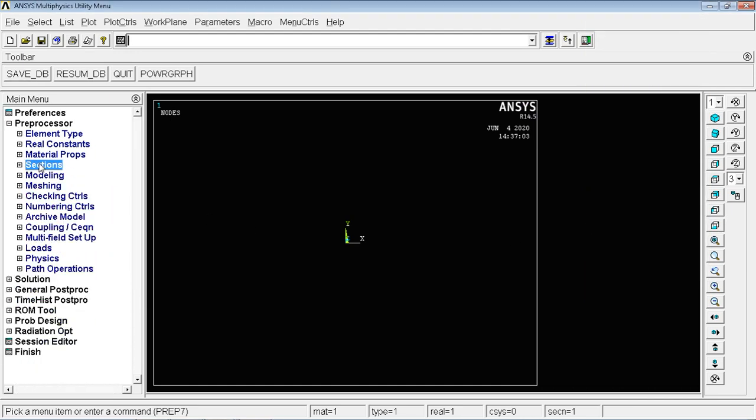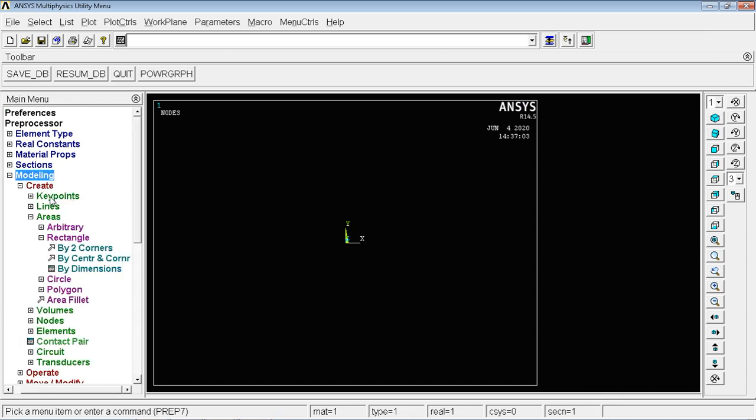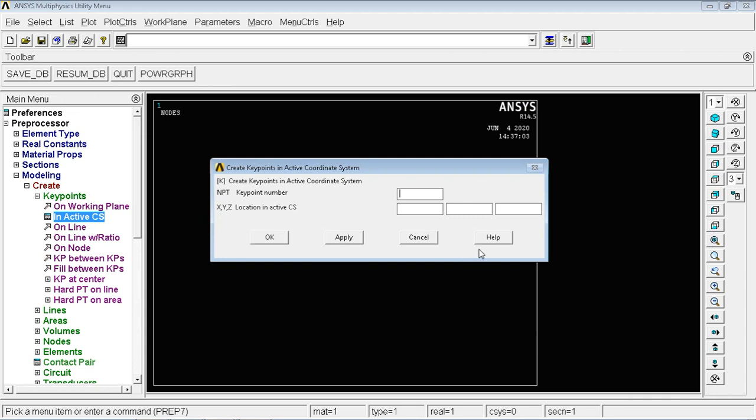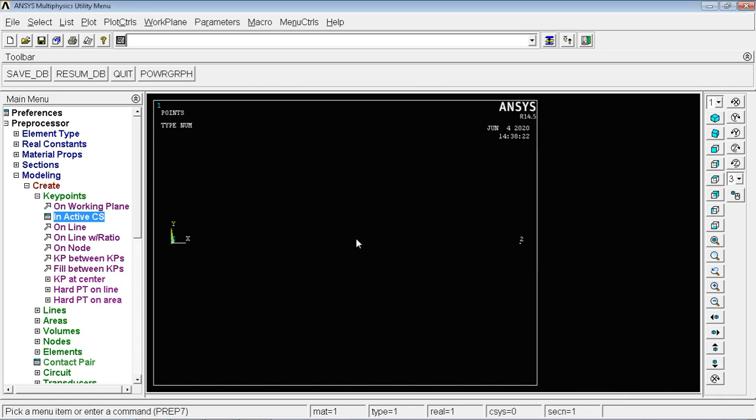Next, I'll minimize sections. Next, I'll go for modeling, create key points in active CS. First key point, I'll give it as origin 0, 0, 0. Next, I'll click on apply. Next, the second key point is at a distance of 3000, apply.